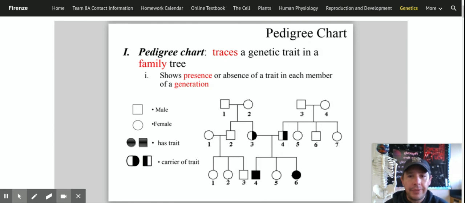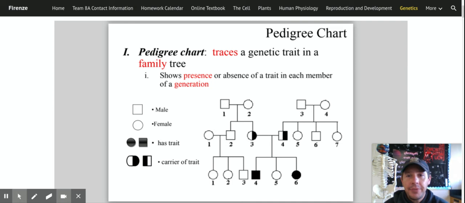Now, if a square or a circle is fully colored in, like you see down here, number 4 on the bottom row and number 6, that means the person has the trait. Whatever the trait is we're talking about. It could be a disease like sickle cell anemia or color blindness. It could just be the color of your hair, whether it's brown or blonde. It doesn't really matter. This is just a way to show what traits are being passed down from generation to